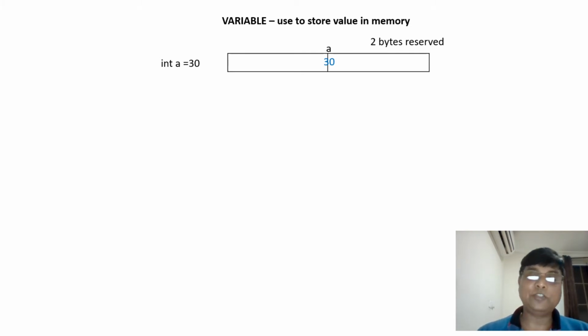In the computer memory the value is actually stored in binary format, 0 and 1 format. So let's see how it looks. The moment you say integer a equal to 30, it is assigned one location, called address one. That address may be anything. At runtime, the compiler itself will decide with the processor where the location is assigned. That assigned location will be used by a, holding the 2 byte value 30.